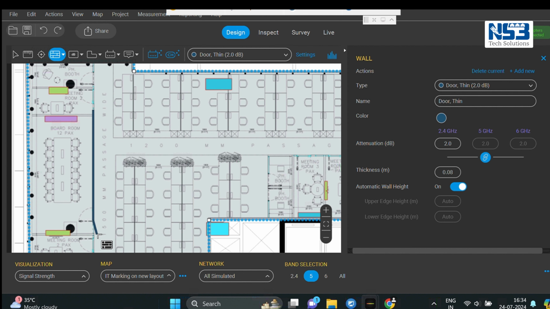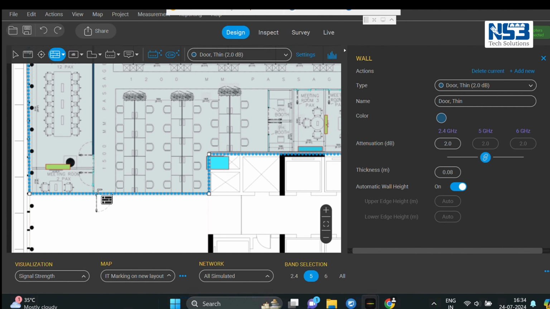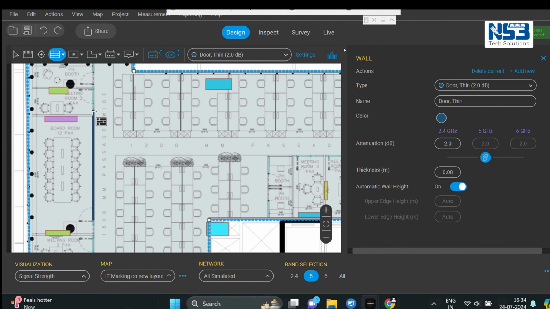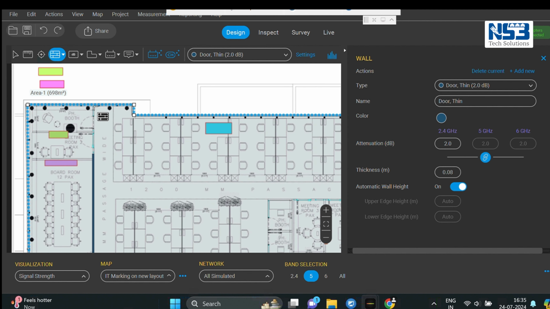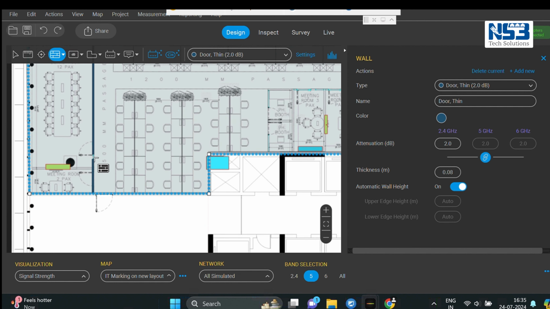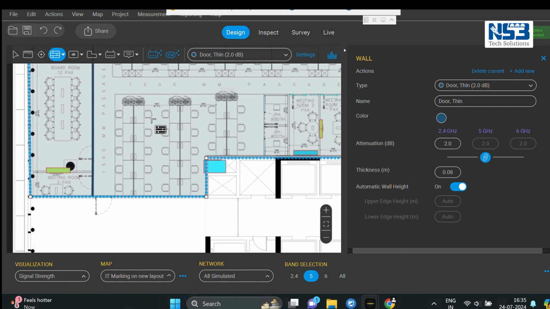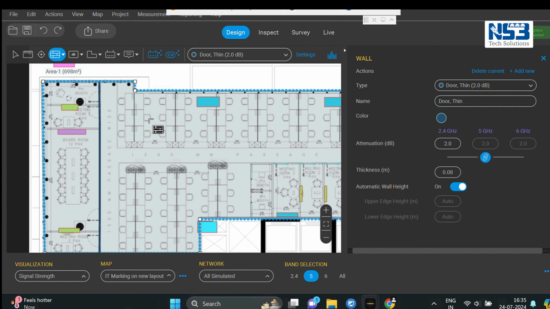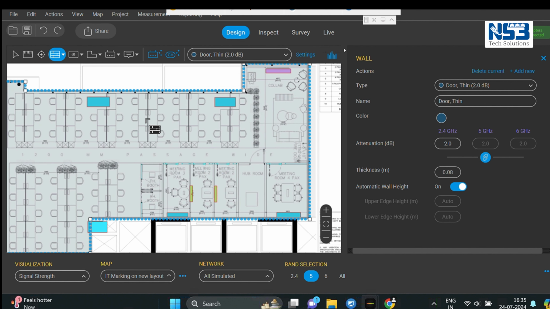It is of so much importance that we have knowledge of the partitions being used in the space, as the access point ranges will be impacted by the nature of obstructions in the premises. As you can see, we are covering all the doors.